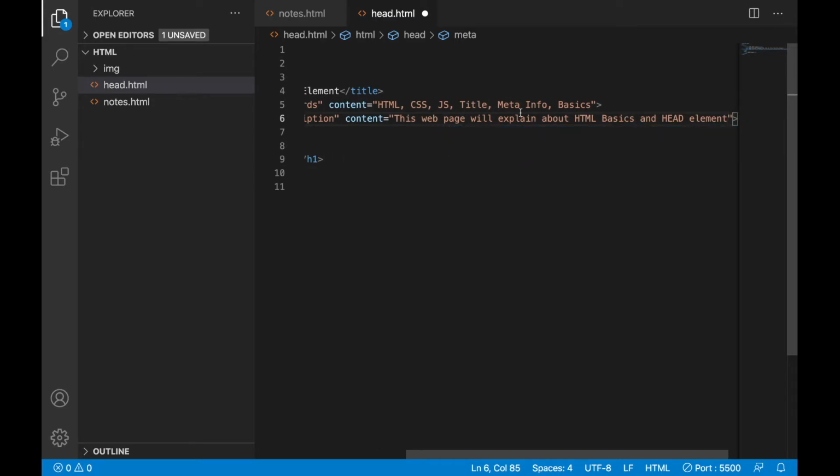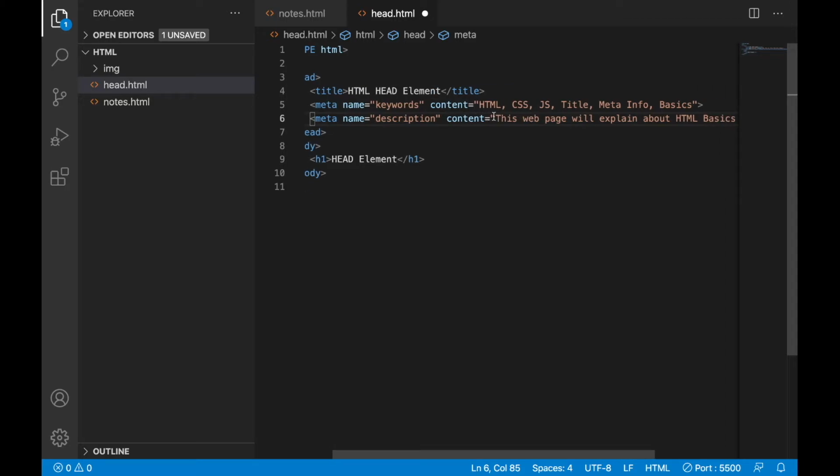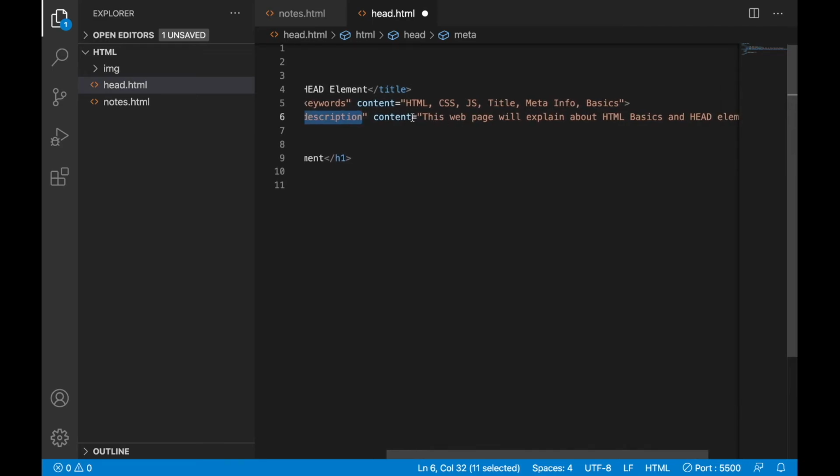This is about description. For what purpose we created this web page and what it will explain, we can write inside the content attribute.